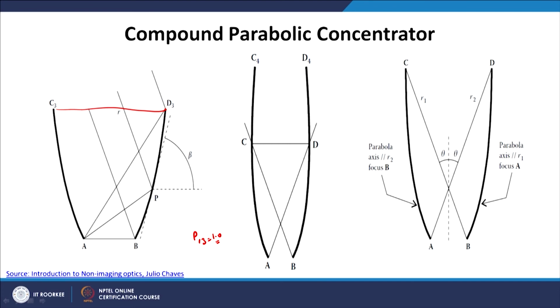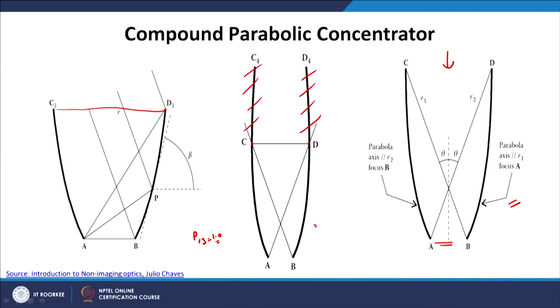Now, one thing you should observe is in the intermediate figure, these two are basically parabolas, and these parabolas start to concave inwards. This is the maximum separation distance between these two parabolas, and after that the distance basically starts decreasing, or the aperture starts decreasing. We do not want the aperture to decrease, we want the aperture to be as large as possible. So, we cut the top portion, and we keep the geometry from A, B, C and D. So, this is the final geometry of the parabola. This is the final concentrator.